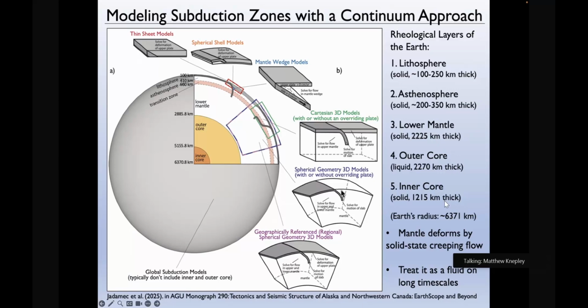But of course, over time, in terms of simulating this process, it was not uncommon earlier to have a simulation with no upper plate. Just have a rigid slab in a fluid and simulate the descent of that material, or have a density-driven, more viscous layer descend into something less viscous. Because even though we know we have plates and we're walking on them,